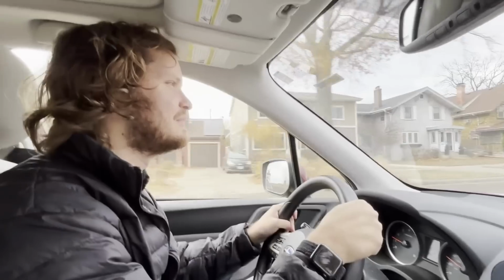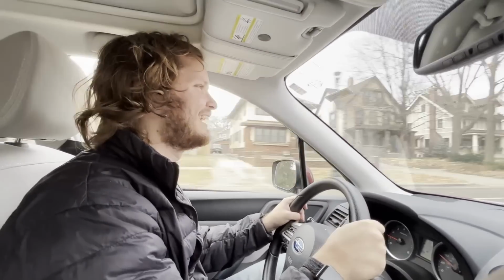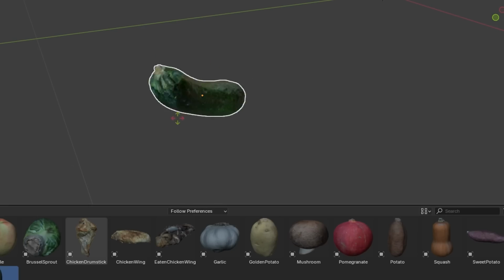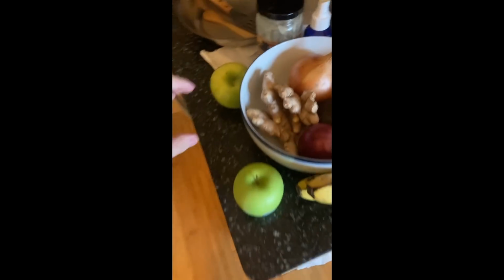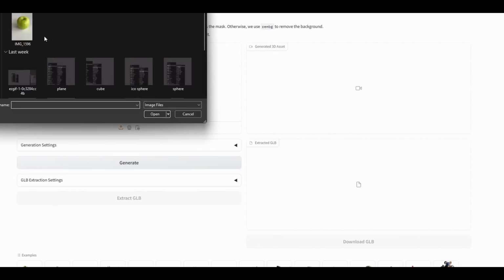It occurred to me, I've been taking photos of fruit. So I go to my place, lock myself in the bathroom, turn off the lights so it's very dark, and take photos of fruit so that I can do photogrammetry and get a high detail model. And it occurs to me, am I wasting my time? Can I just take a single image of a fruit on my iPhone and convert that into a 3D model?